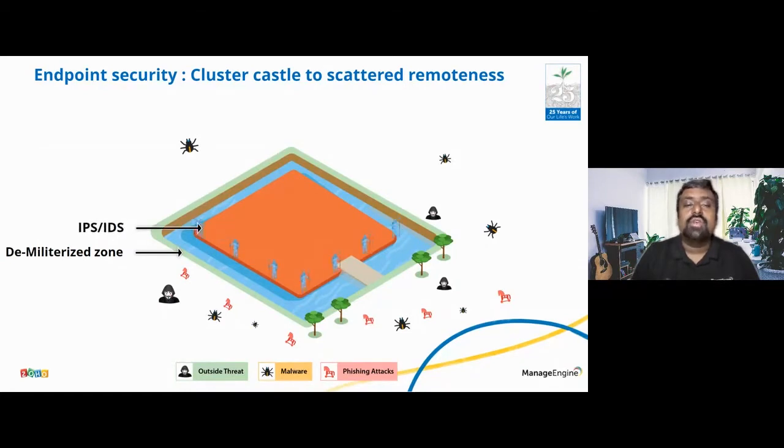And the next level of security that we had is like the knights. If you look at the castle, they will have knights that revolve around the castle, and they're going to see if any suspicious activity is going on. If somebody is able to cross this moat and come to the land, these guys pick them up. Similarly, your IPS and IDS detections take care of your malware or ransomware from the outside circle. And that's one of the security layers.